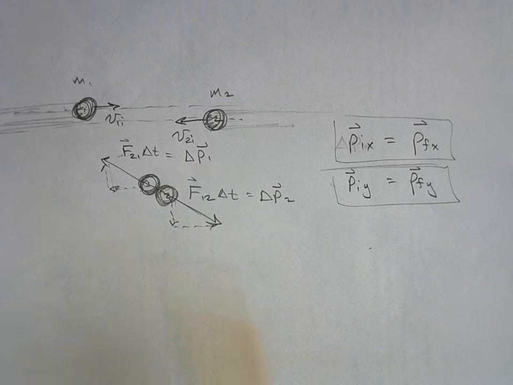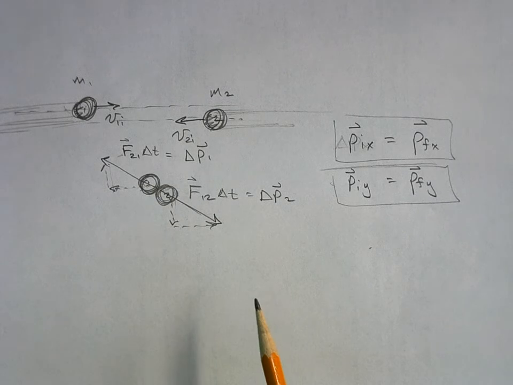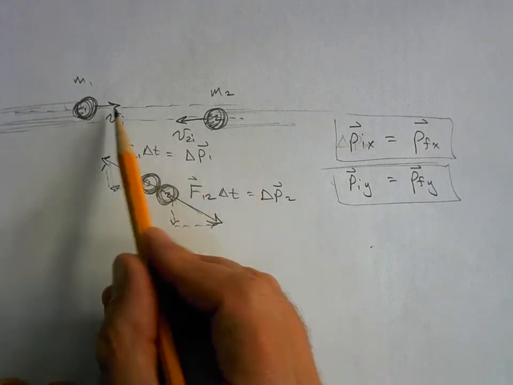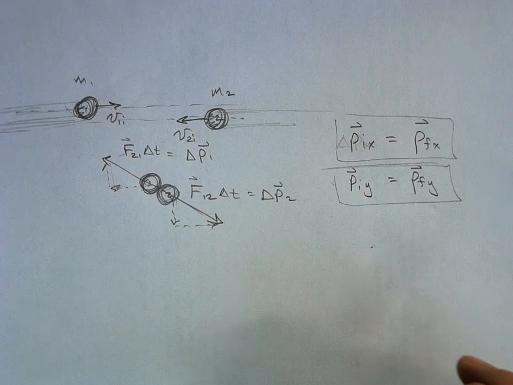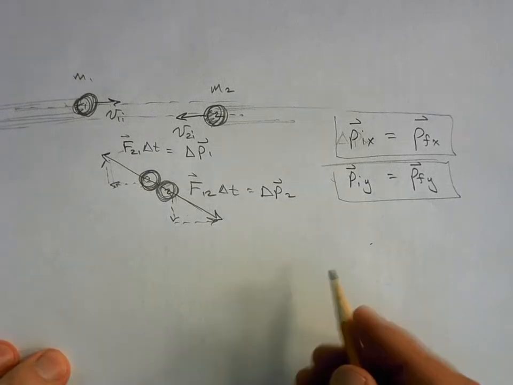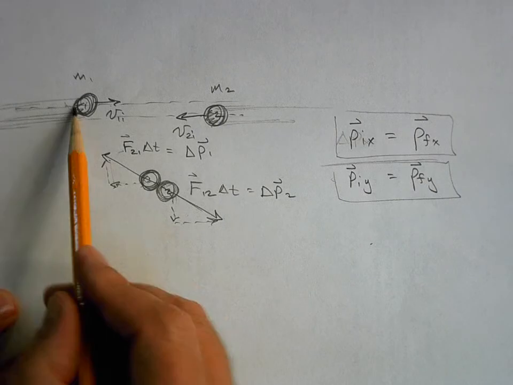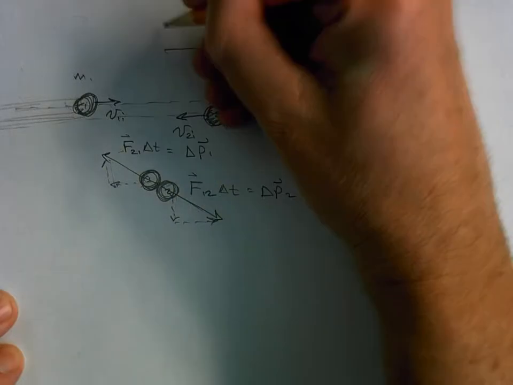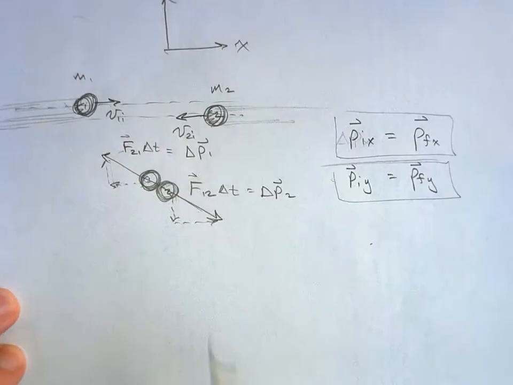Now what do you have to know? You have to be able to know what the angles are. Like if these two objects hit each other and come off at angles, you would use those measured angles to figure out what the x and y components of the momentum are. Okay, so let's take a look at this situation. Let's define this to be positive x and this to be positive y. Looking at our example here,